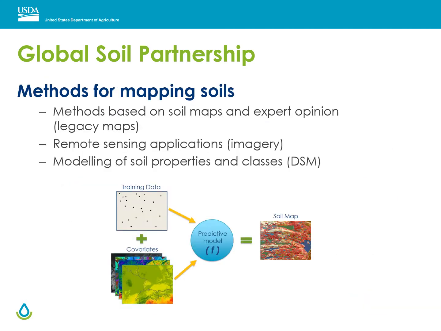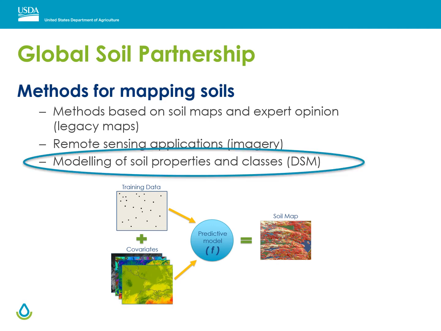Hopefully this slide looks familiar to most people. It lists the different mapping strategies different countries may choose to use, which may depend on a variety of factors, but the choice typically boils down to what type of soil data is available. The bottom figures show a simple illustration of what the digital soil mapping process looks like. The key feature being the reliance on georeferenced soil data or legacy training data to develop predictive models.